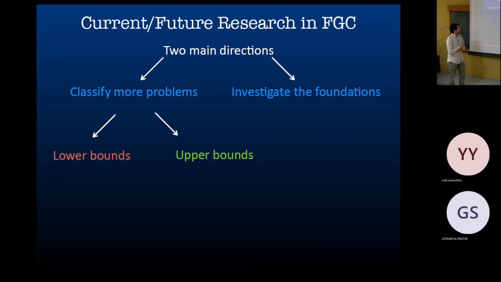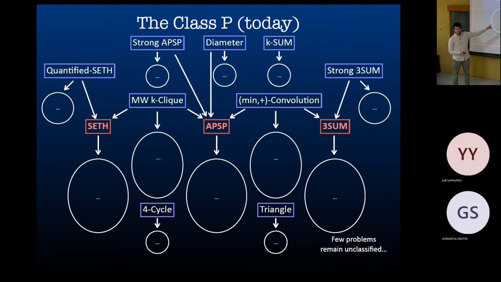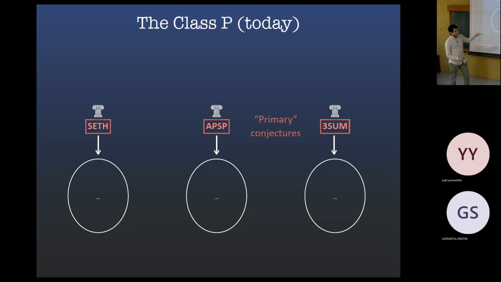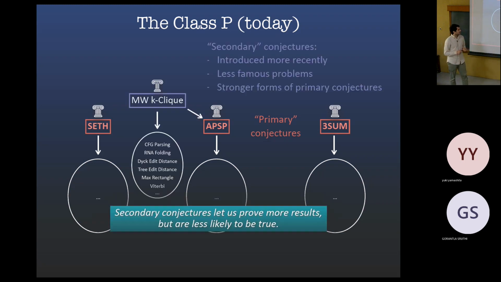Okay, so that was this result. Now back to the high-level discussion of the topic. Of course, there's a lot of work proving more and more lower bounds, but somehow, maybe unfortunately, a lot of the time these results introduce new conjectures. Actually, this is the more accurate picture of the class P. Not just this nice three-class picture, but about 10 or more other conjectures that have been introduced. So we have the three primary conjectures that I said, and then we have these secondary conjectures, using which we can prove more results.